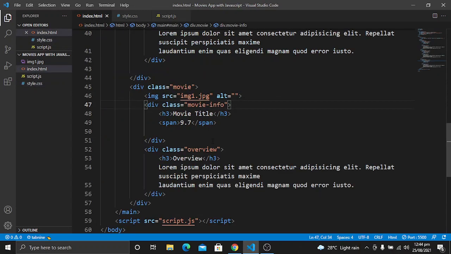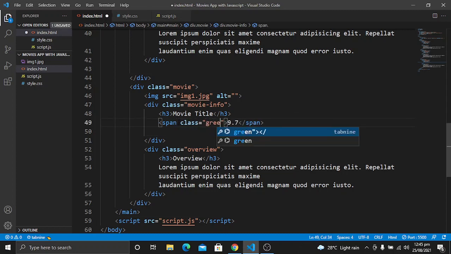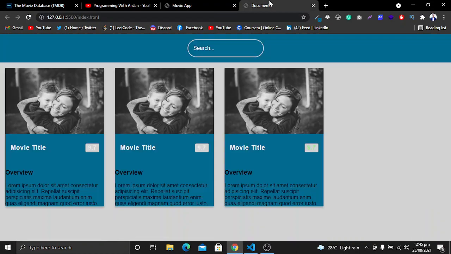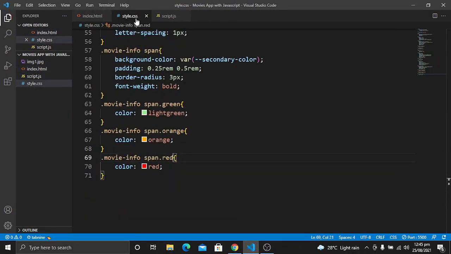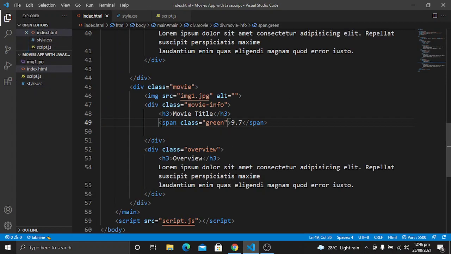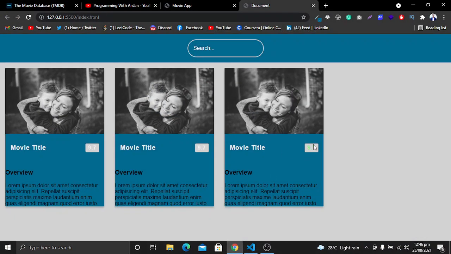So here is the span tag. Give it a class of green. Let's save it, and now let's see how it's looking. Now you will see. Let's refresh the page. It's not updating. Let's see what's happening. Go to our code editor in the style sheet. Now go to the HTML file, and here we have given it a class of green. Now you see it is working for this one.